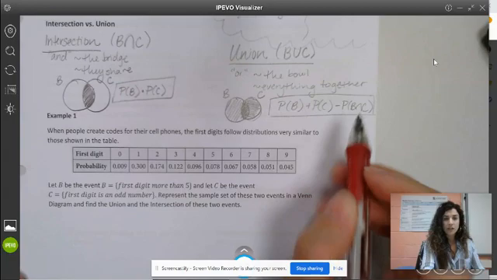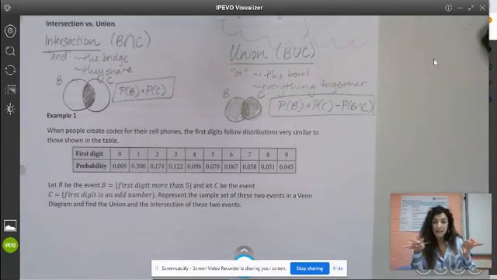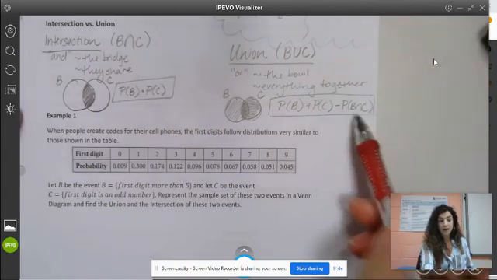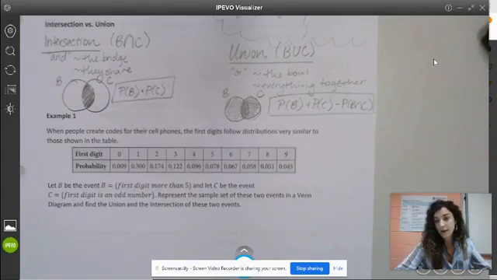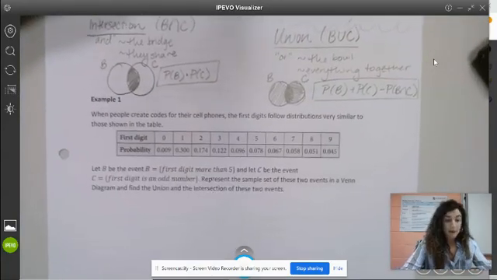You can always subtract out their intersection, and if they are independent, if there's no overlap in the circles of that Venn diagram, then that means that the intersection of them is 0, and so you're just subtracting out 0. So that's totally fine. Okay,